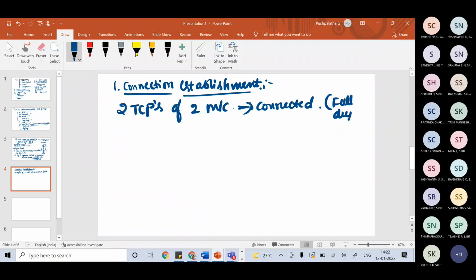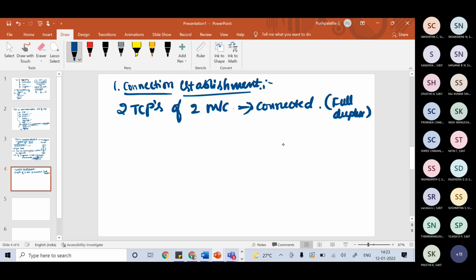Simultaneously both can send, right? So basically this implies that each machine, each party, has to initialize the communication and they have to get the approval from the other party before they transfer some data.